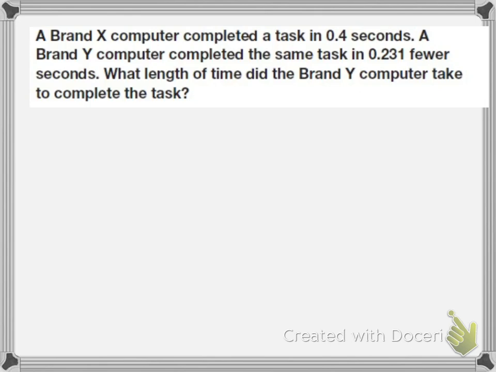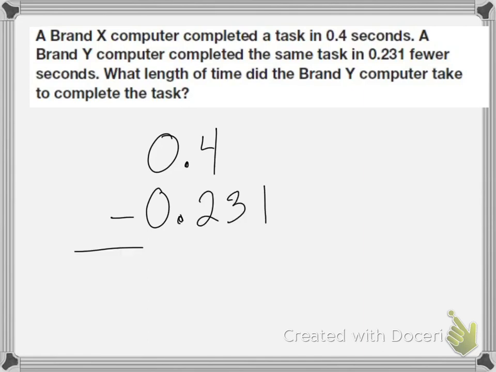So to figure it out, I'm going to take the brand X time, 0.4, and subtract 0.231. Now I can't subtract because I have nothing up here to subtract from. So I'm going to add some zeros so I can subtract the numbers. So I have, remember to line up the decimal places. So I can't take 1 away from 0, so I'm going to have to go all the way to the